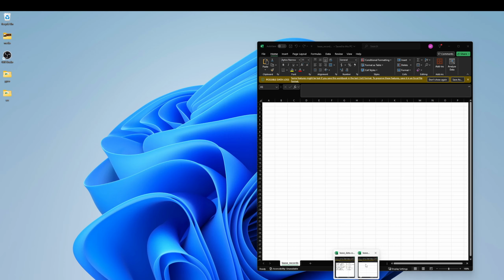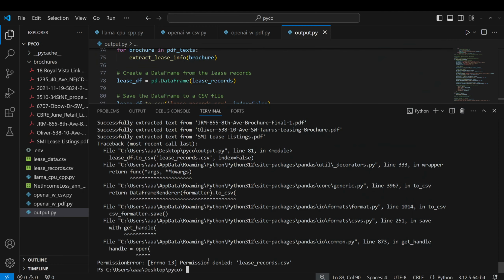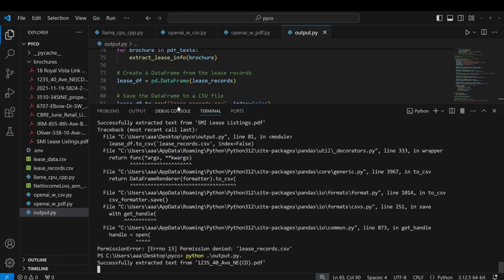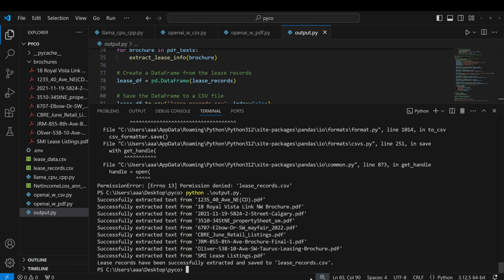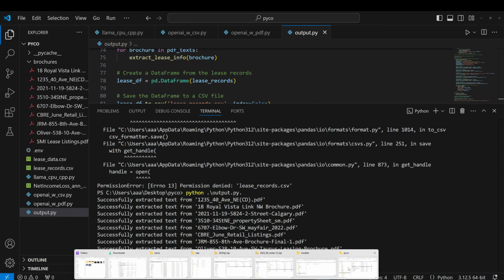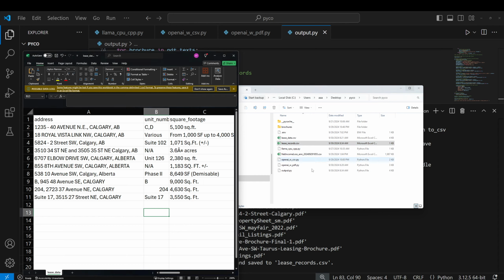Right. I've got the file open. So it doesn't allow it to be hijacked by the program because it's in use, right? You know what I mean? Come on. Sweet. Okay, let's see what we got. Which one was it? Lease records